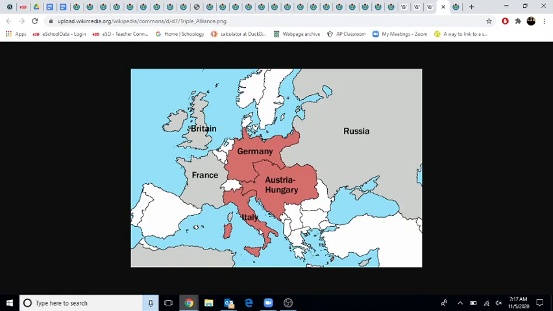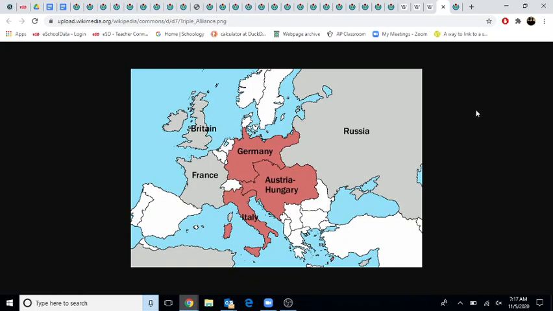It's a goofy story. But this may seem like, wow, alliances are great. We have friends now. Well, yeah. The only problem is that if one of your allies gets involved in a war you have no interest in, you get sucked in. So Russia is allied to Serbia. Austria-Hungary hates Serbia. If Austria-Hungary attacks Serbia, then Russia will feel the need to attack Austria-Hungary, which means that Germany has to get sucked in, which means that France and Britain get sucked in. And it becomes a huge, huge issue.